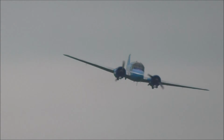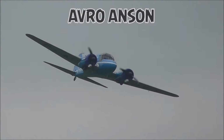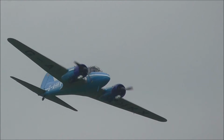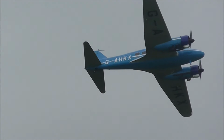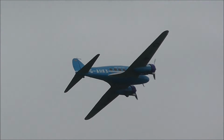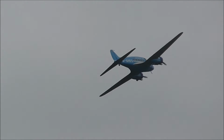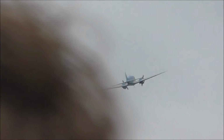Built in 1950 and was delivered to the Royal Air Force as one of 252 T-21 navigational trainers. Initially teaching at the Number 1 Basic Air Navigation School at RAF Cosford in Hampshire. She was later converted to passenger transport and is now owned by BAE Systems, and forms part of the Air